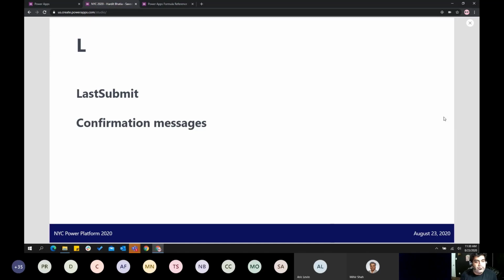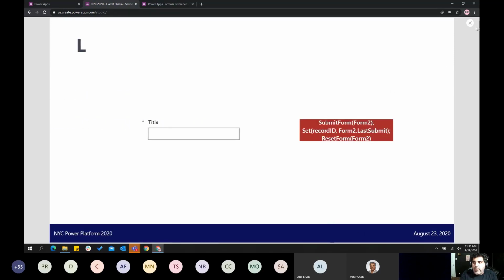So if that happens to be the case, and let's say you are submitting the form to create a new record, but you want to know some details of that newly created record. For example, what was the ID that was assigned to that new record? Because I might want to show that information to the end user when they are submitting a record or creating a new record. So there are a couple of different ways you can do that, but the neatest one that you can use